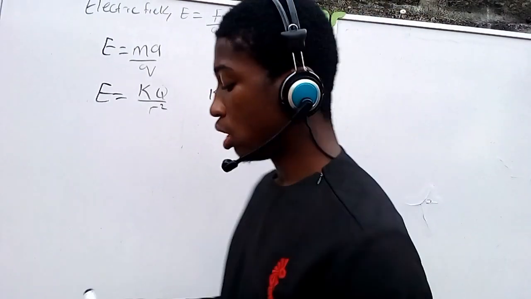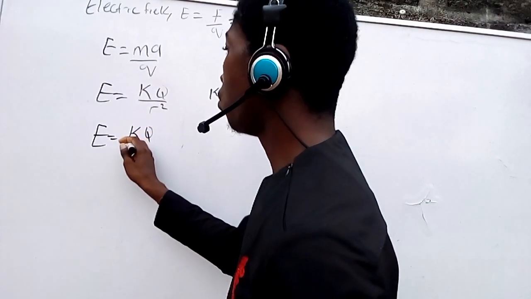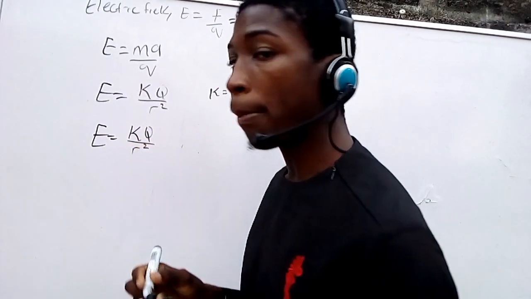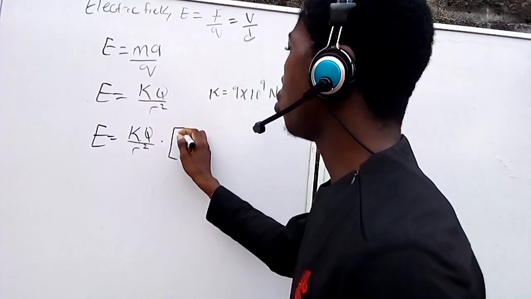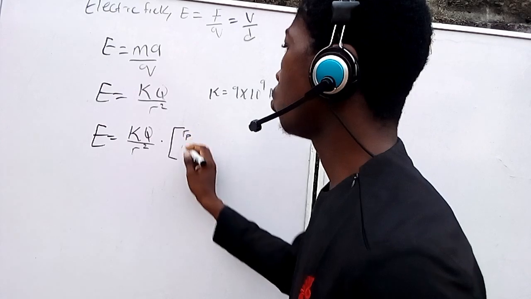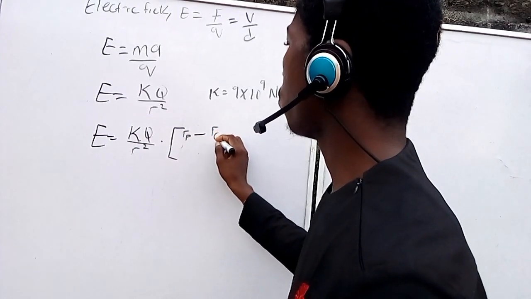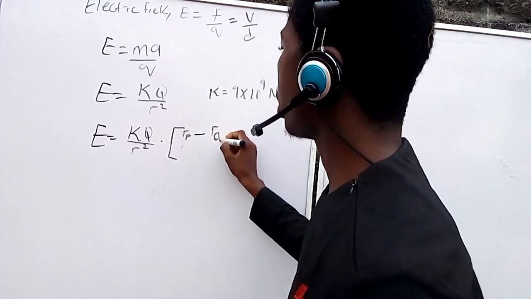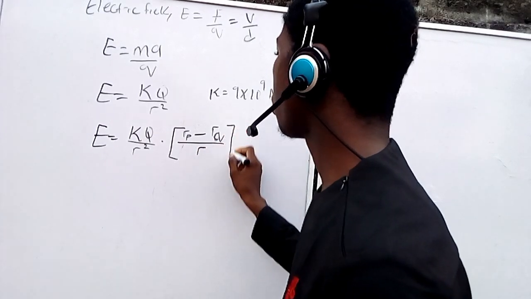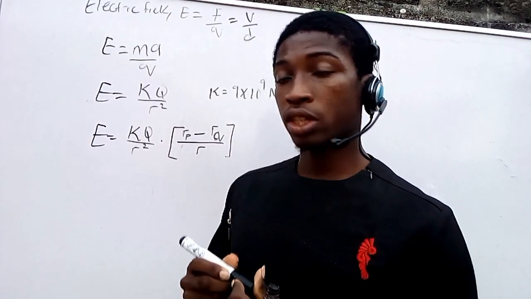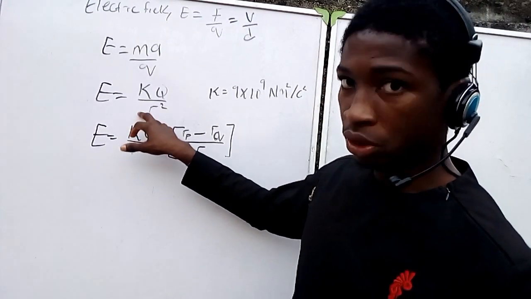The answer is this: electric field E is equal to the electric field emitted by that charge Q multiplied by, now this is the vectorial path, the position vector of where P is, which is the feeling particle, minus the position vector of where charge Q is, all divided by the resultant distance between them. You understand? So this is the electric field that is emitted by the charge,